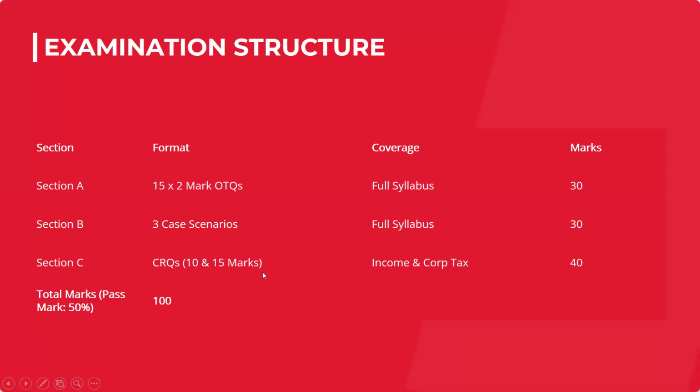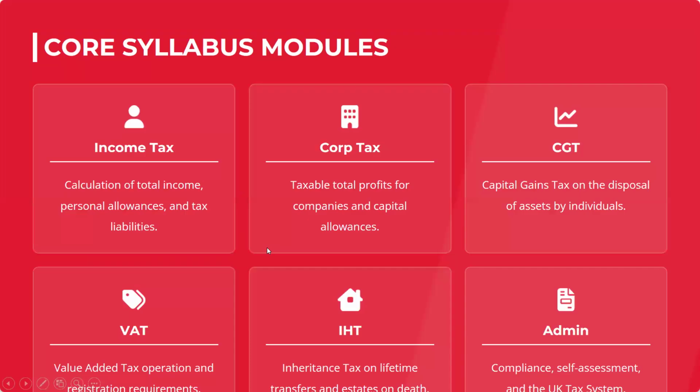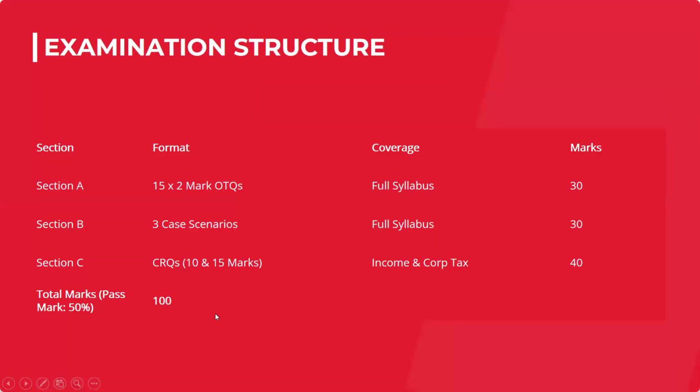Then there come the two 15 markers, which are from income tax and corporation tax. So it is examining income tax 15 marker, corporation tax 15 marker, 10, 10, 10, and obviously this will be covered in OTQs. So there is no syllabus area that will remain unexamined. You have to prepare for all. No choice in that. That's how your 100 marks are made.